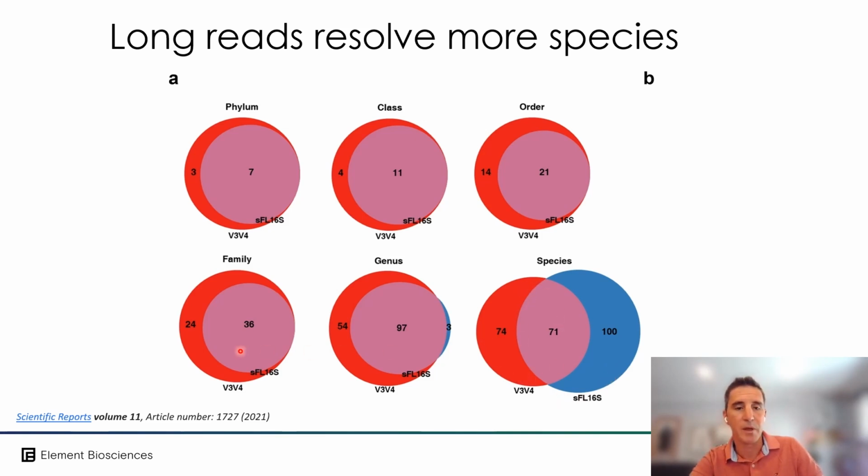And that's really probably the greatest advantage of long-read 16S sequencing compared to short-read 16S sequencing: you have much more resolution at the species and sometimes even strain level, which we'll show in the next few slides. Moving on to,